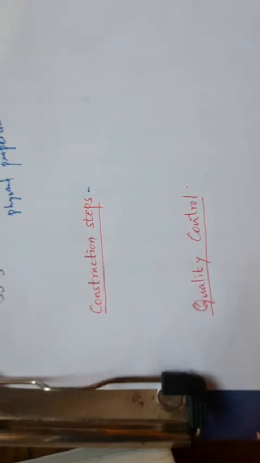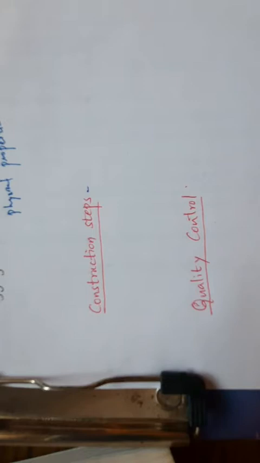Later, if a profile corrective course is laid to correct the cross profile of the receiving surface, this layer of the approximate mix has to be compacted thoroughly throughout the length. Here the surface is to be cleaned with a mechanical broom to remove the loose material and the dust. Then you use the prime coat and the tack coat, depending upon the situation where you are going to use it. If it is a bituminous surface, a tack coat alone is sufficient.